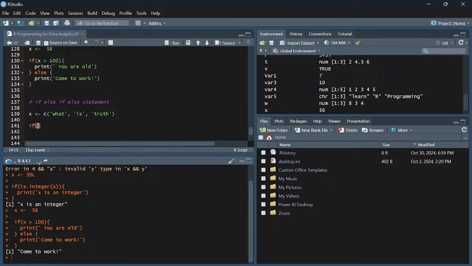And now I'll use this. So you have truth. I want to check if the keyword truth is actually in x. To do that, I'll use this thing. I'll say in x, then I'll now open my